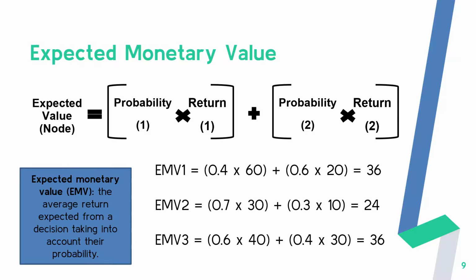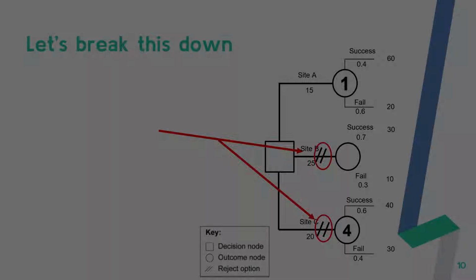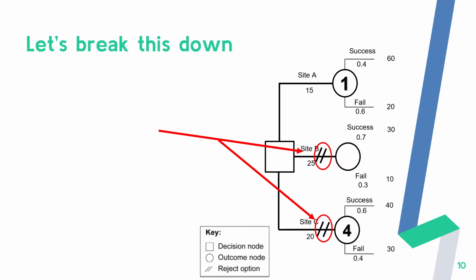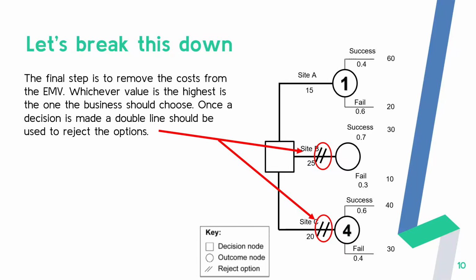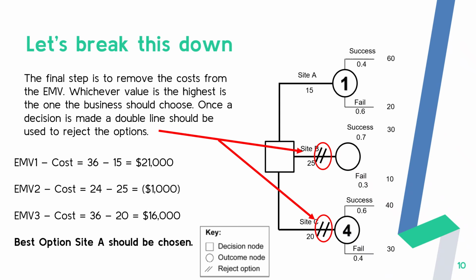Don't forget to do the final step. We have one step left before this decision tree is done, and you might have guessed it, you are going to need to subtract the costs. So you can see that in site A we have 15, site B we have 25, and site C we have 20. So we look at it here, and the outcome is 21,000 when we subtract the cost from site A,